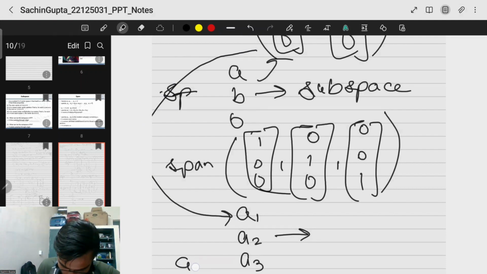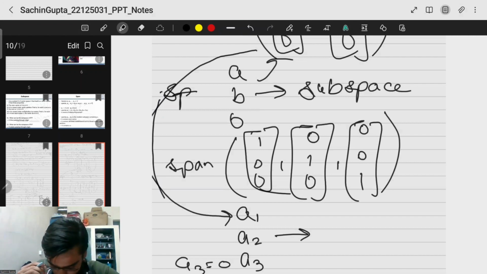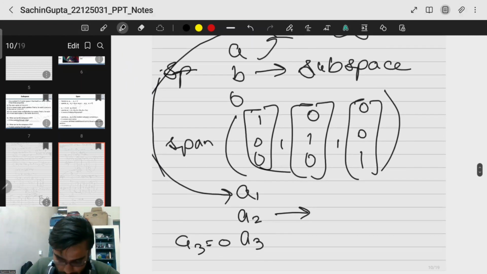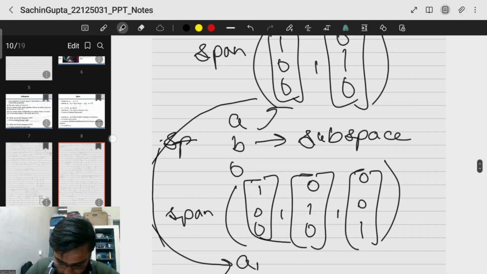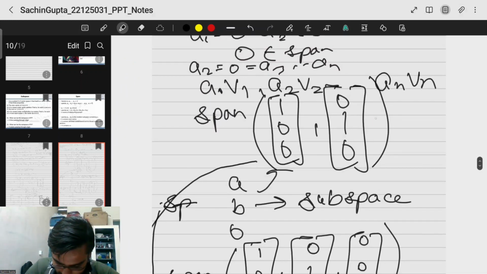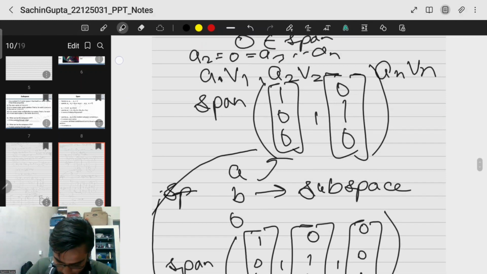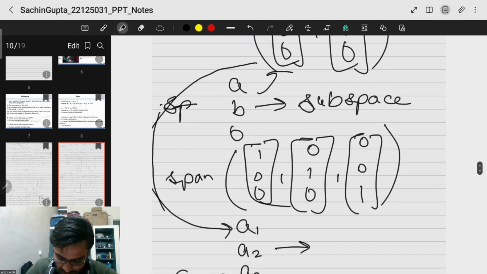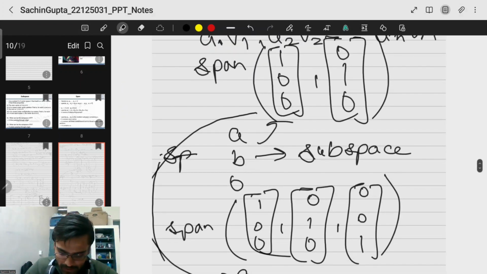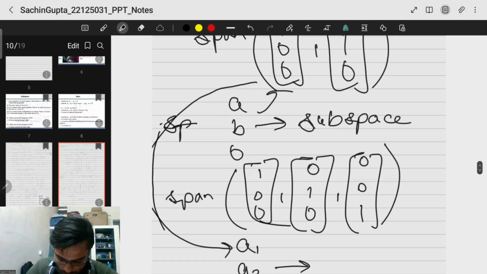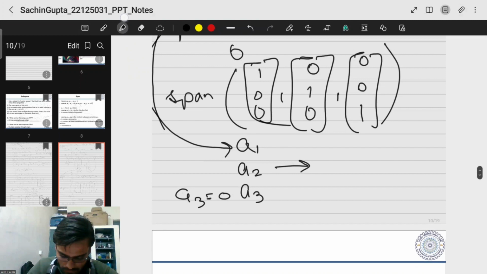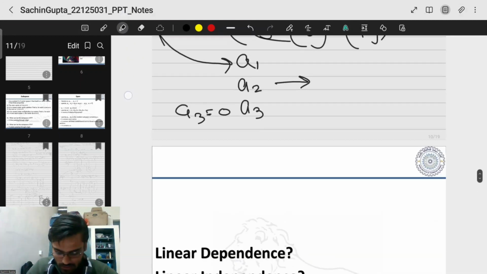Because if we keep a3 equal to 0, then a1 and a2 belong to this subspace. But because we have to find the smallest, we will only take the span of those vectors which are there, because in this there are 3 linear independent vectors, and their span will also form a span of 2 linear independent vectors. Okay, so span of this will be